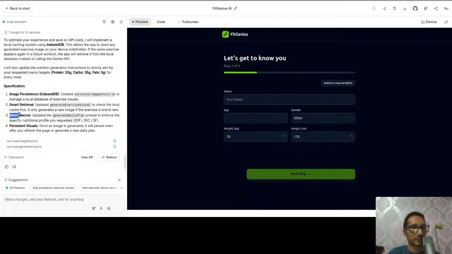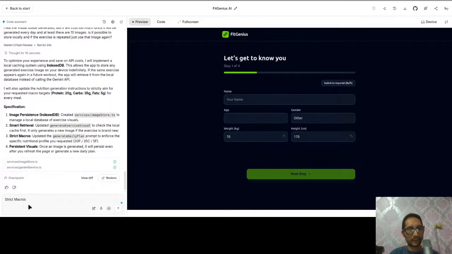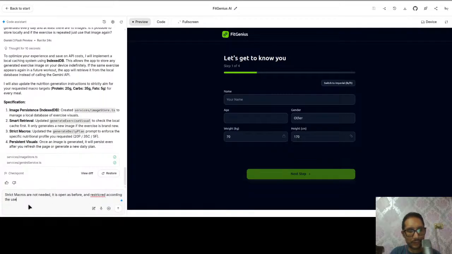Strict macros are not needed. It is open as before and restricted according to the user requests at step 4.